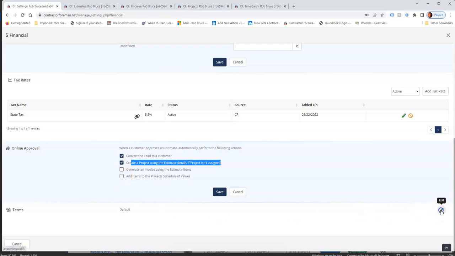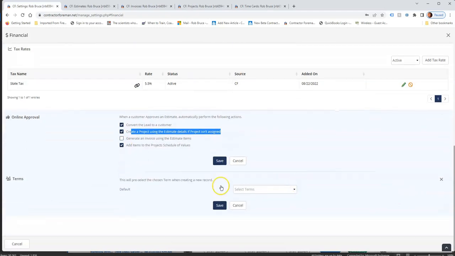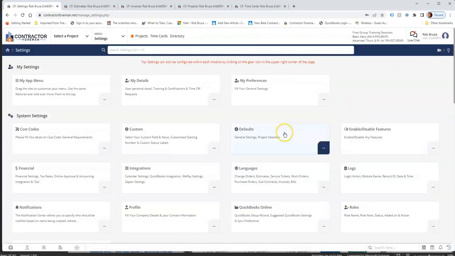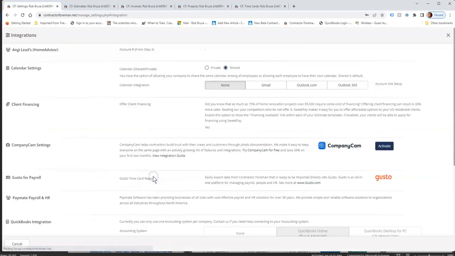And then you can set your default terms so you don't have to set that in invoices. So we'll just say, okay, all my invoices are net 30, and then it actually calculates the date, puts that as a due date on your invoices when you hit save. So there's the financial. Now we're going to jump into integrations,